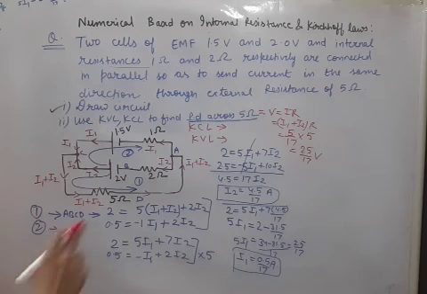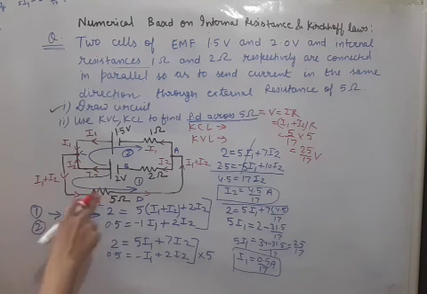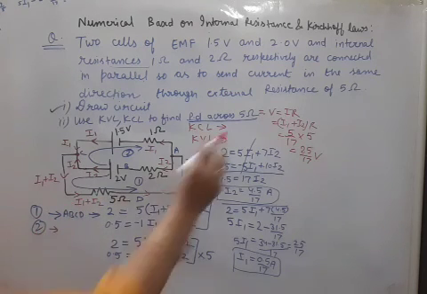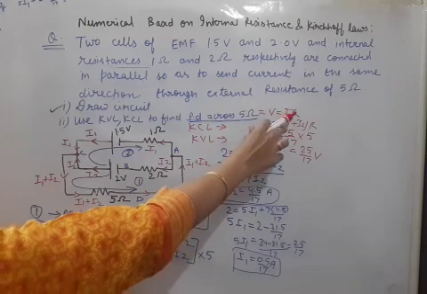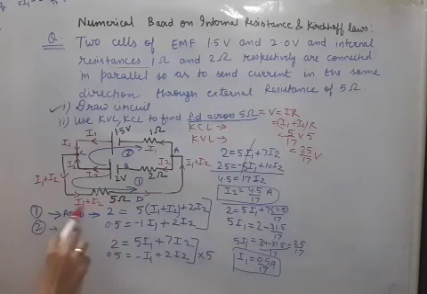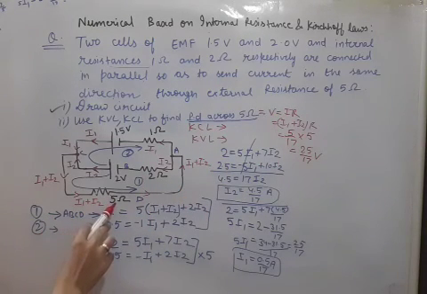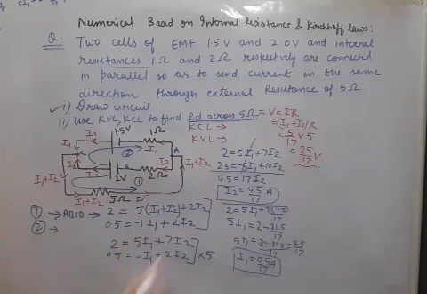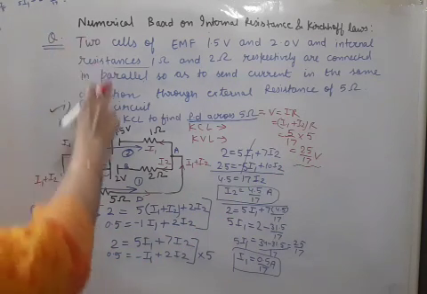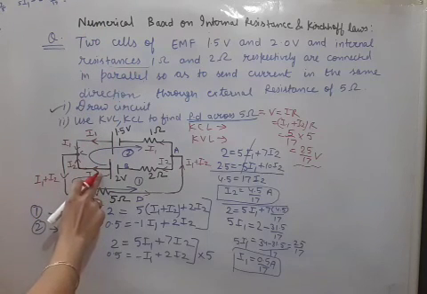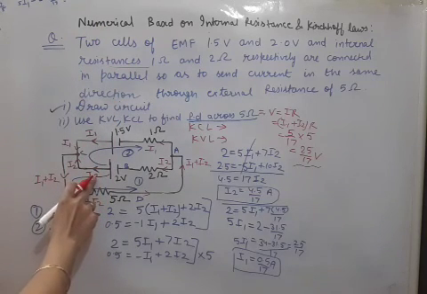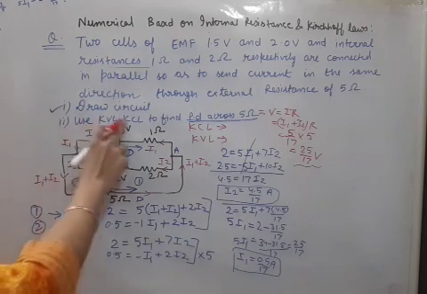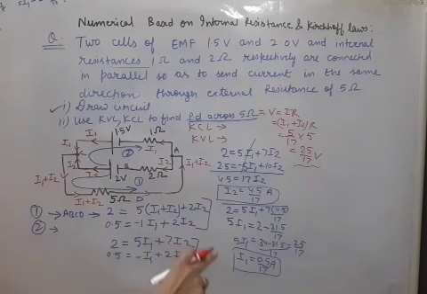volts. So across whichever resistance the voltage is asked, you have to multiply the total current with that resistance. So total current I1 plus I2, resistance is 5. So this is the answer. This way we solve the questions in which circuit diagrams are also asked. The circuit diagram also has some marks, and the remaining part of the question will be applying KVL and KCL to solve the unknowns.